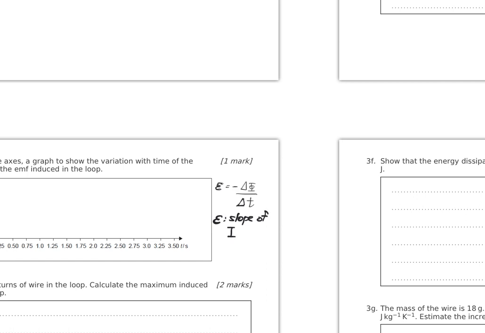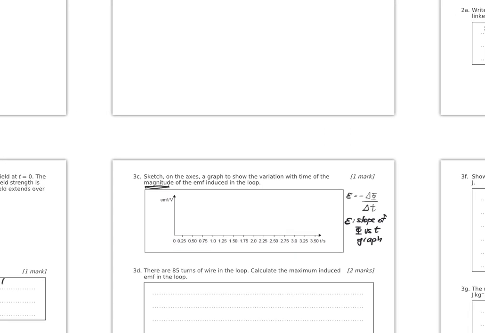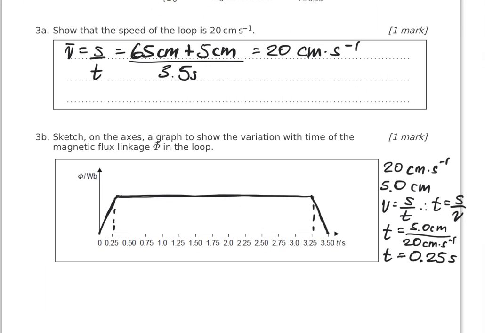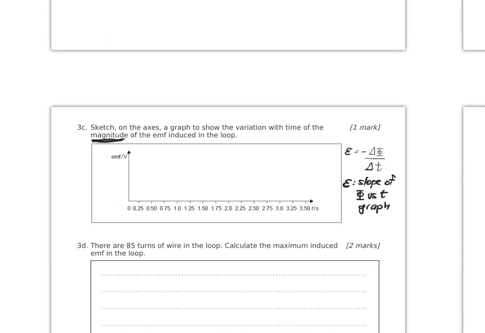of the phi versus t, flux versus time graph. And I guess it says the magnitude, so we just want the amount of it. The sign doesn't actually matter. And so we only have a slope in the first quarter second and the last quarter second. And so we're going to have an EMF value in the first quarter second, and we're going to have the same EMF value in the last quarter second. Otherwise,